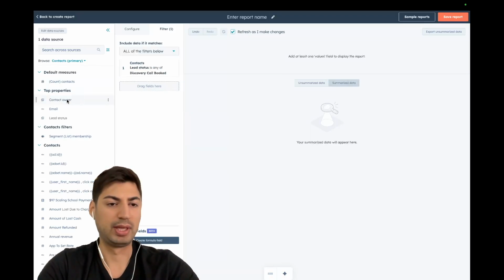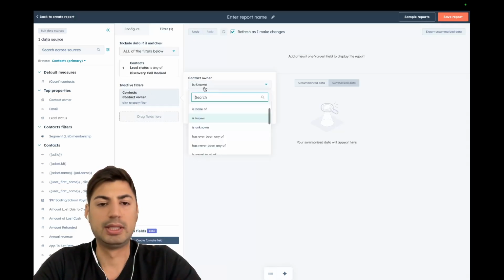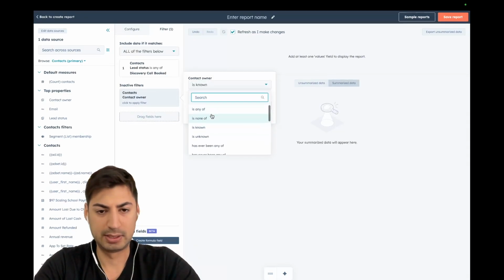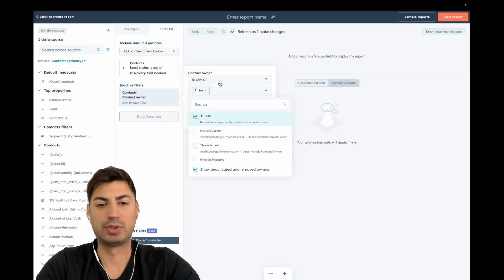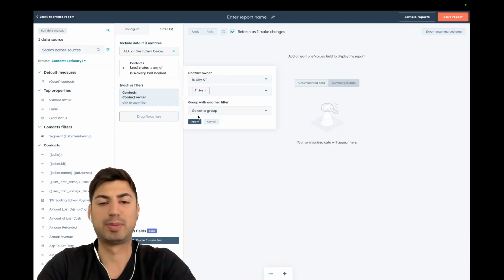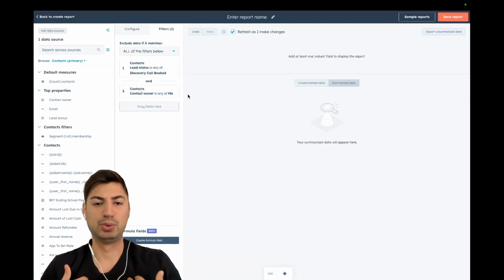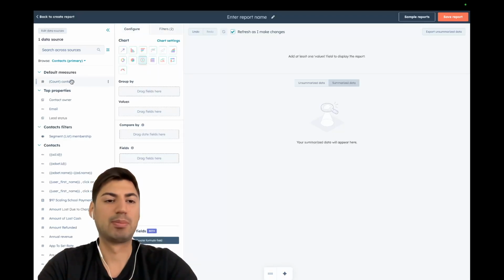And there's one more thing, contact owner. I also want to apply this filter, and the contact owner should be, I can select is any of again. It should be me, okay? So me is dynamically populated by HubSpot software, so it's my account basically, my user profile. So if the contact owner is my user profile and the lead status on the contact profile is discovery called booked, then show us the number of contacts